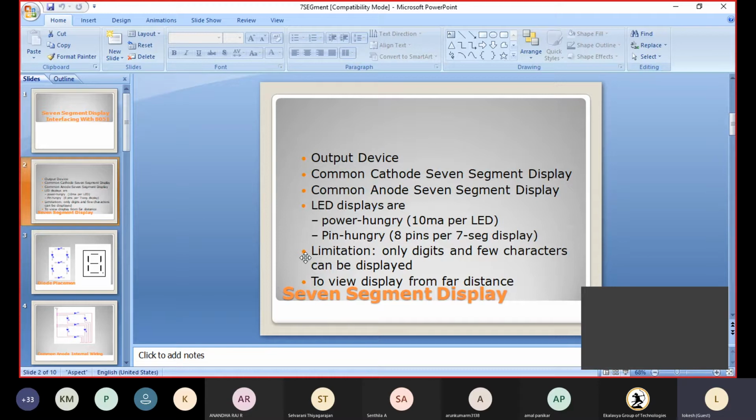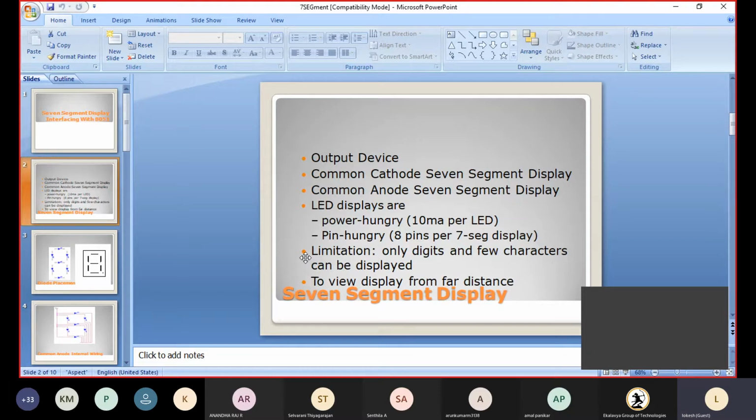LED displays use more current, 10 milliamperes per LED, so they consume more power.